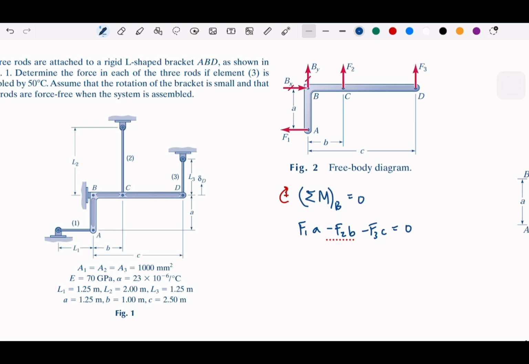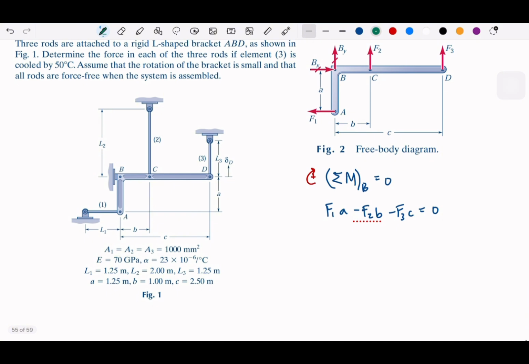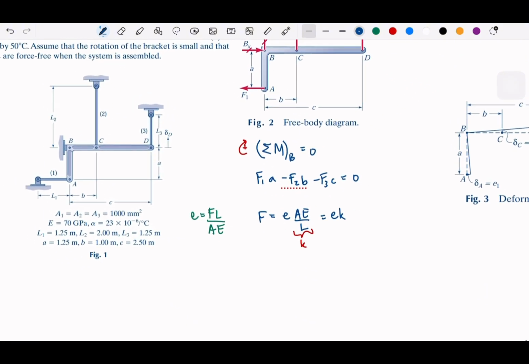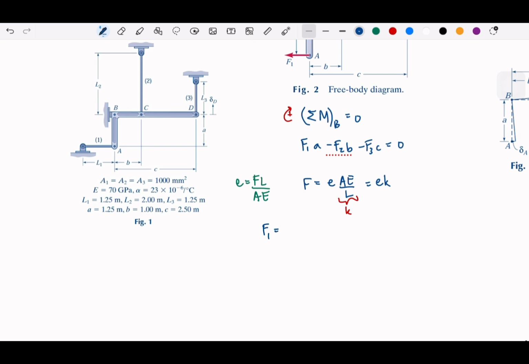And then, since we have the deformations that might happen, remember we write delta is FL over AE. And in our case here, we are going to equate it with F. So F is delta times AE over L, and AE over L we can write as K. So F1 is delta1 K1, F2 is delta2 K2, and for F3,